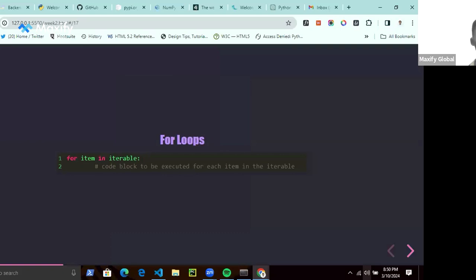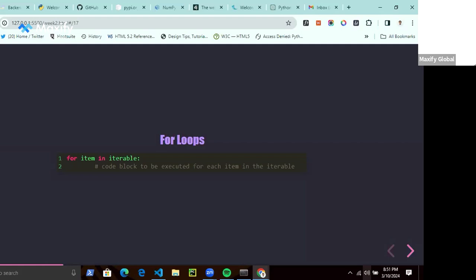Then the for loop is similar to the while loop, but the syntax is different. They are used to iterate over sequences of elements, performing some block of code for each element in the sequence. For loops are very important because they work with lists. From the syntax, you can see that for item in iterable, the item represents every item in an iterable, and an iterable can be a list of names. So for loops help you go over a list and then print each item in that list, right? You don't have to do it manually. The for loop knows how to do it. It goes through all your lists and then outputs certain blocks of code.